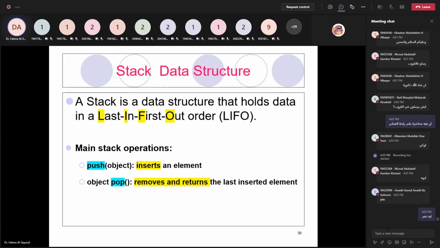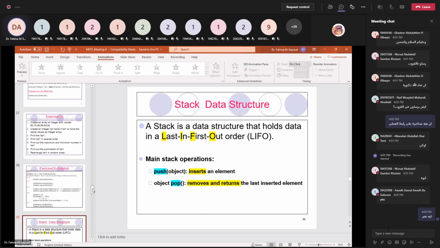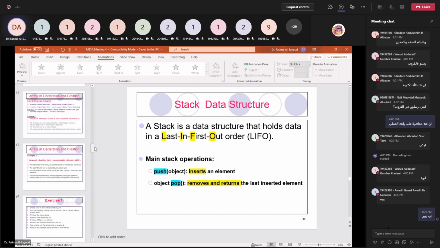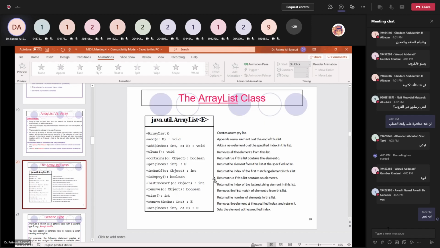We will complete meeting 4, which is covering the data structure section, the stack and queue. Before starting on these sections, I would like to review the main methods for an array list that we're going to use during this lecture. So, if you remember,